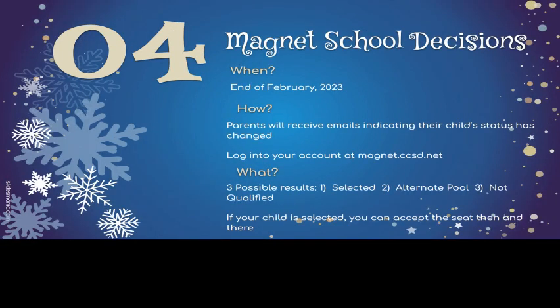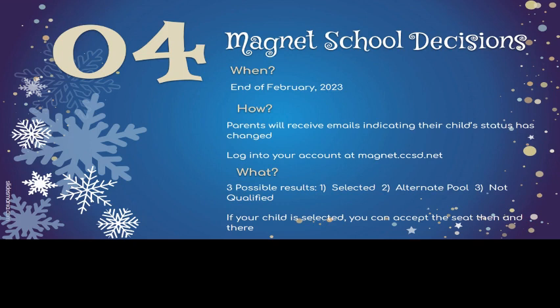Magnet school decisions are coming at the end of next month. So this is for mostly my 8th grade parents, but if you have a student in your family that's applying to a magnet, maybe another magnet middle school, maybe a magnet elementary school, decisions are coming at the end of February. Don't have an exact date. So how does this work? Well,